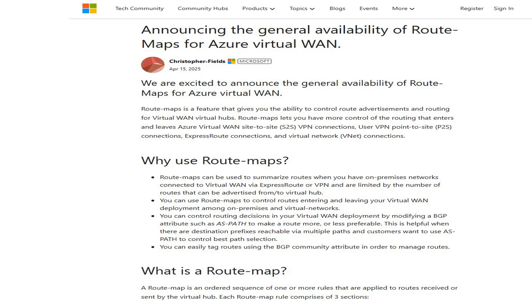Route maps can be used to summarize routes when on-premises networks are limited by the number of routes that can be advertised to or from a virtual hub. Route maps can also be used to control routes entering and leaving a virtual WAN deployment from on-premises and virtual networks. Network engineers can control routing decisions in a virtual WAN deployment by modifying a Border Gateway Protocol attribute to make a route more or less preferable. This is helpful when there are destination prefixes reachable by multiple paths and customers need to control the best path